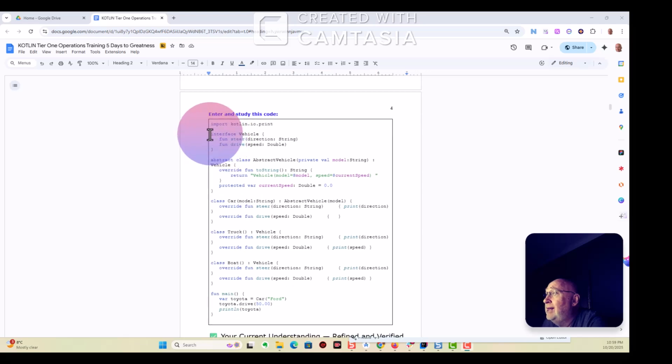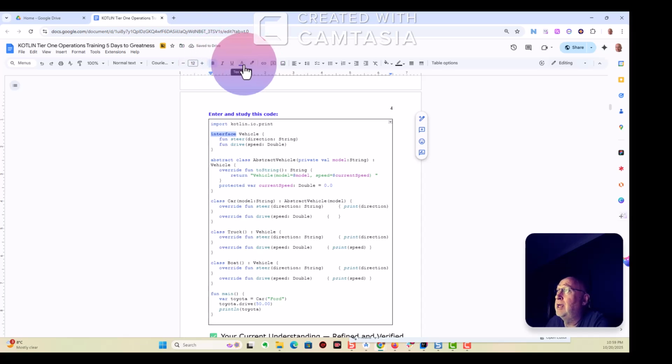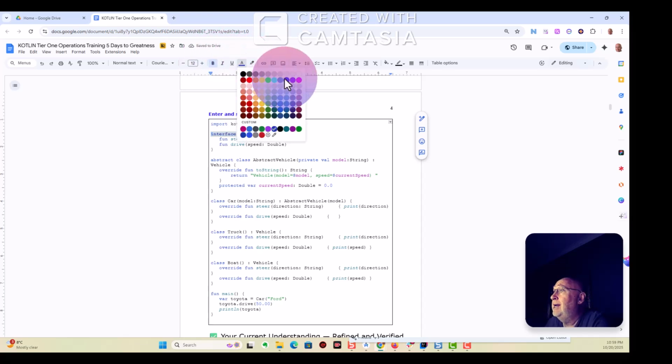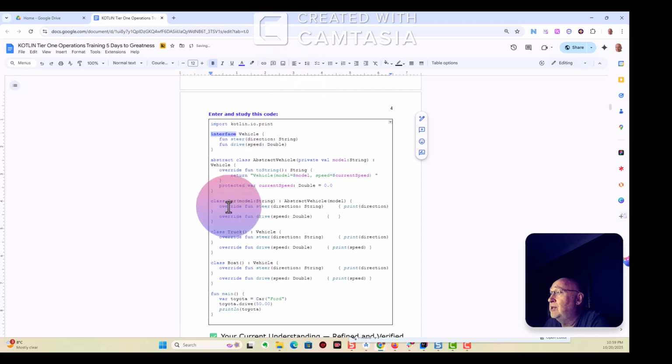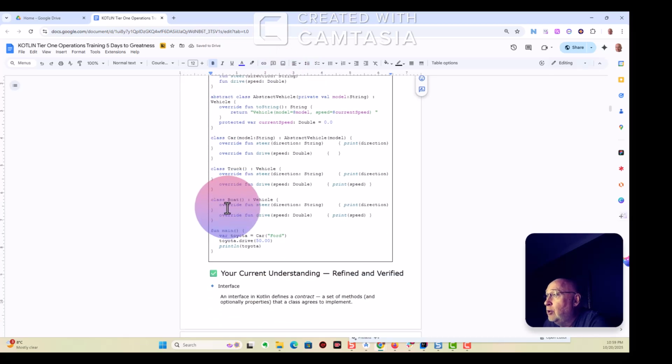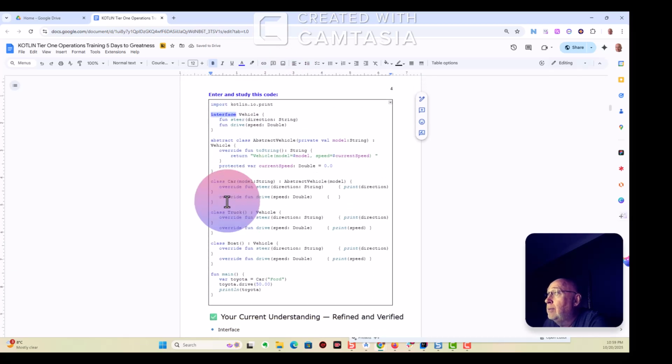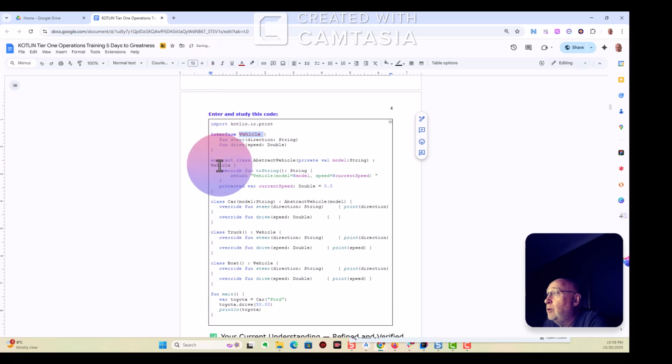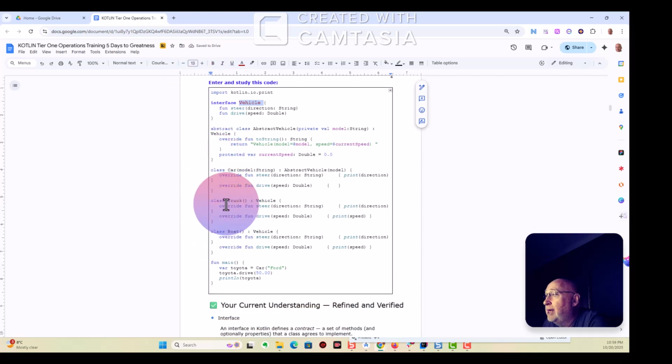So an interface is a programming construct which specifies that something must be done in the realizing class, that is the class to which the interface is applied to. Right, so we have an interface called vehicle and we're applying that to truck, boat, and car. And if I apply the interface,